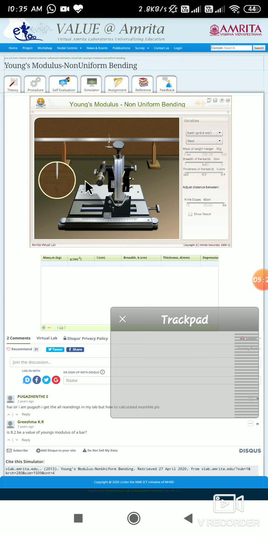Now what you will do, you determine the depression for a particular load. Means when you are increasing the mass as 50, 100, 150, for each load you determine the depression by subtracting the zero load reading from the corresponding reading of a particular mass. Then you plot a graph between mass and the depression.